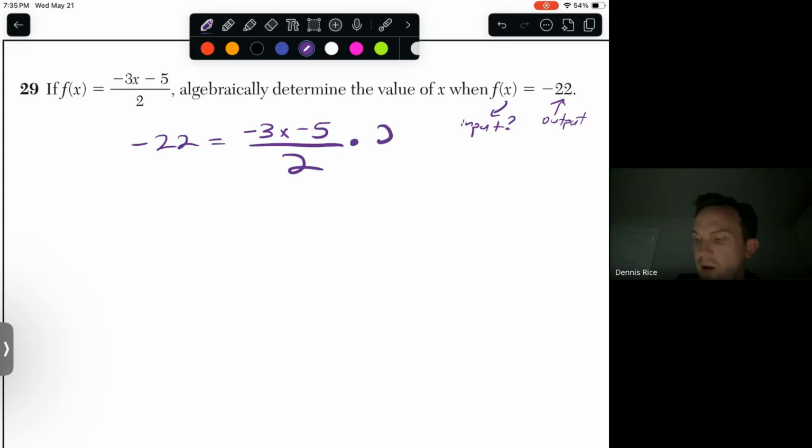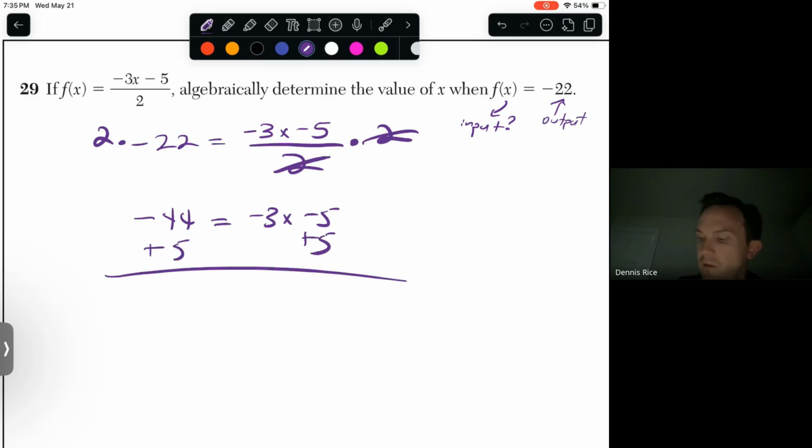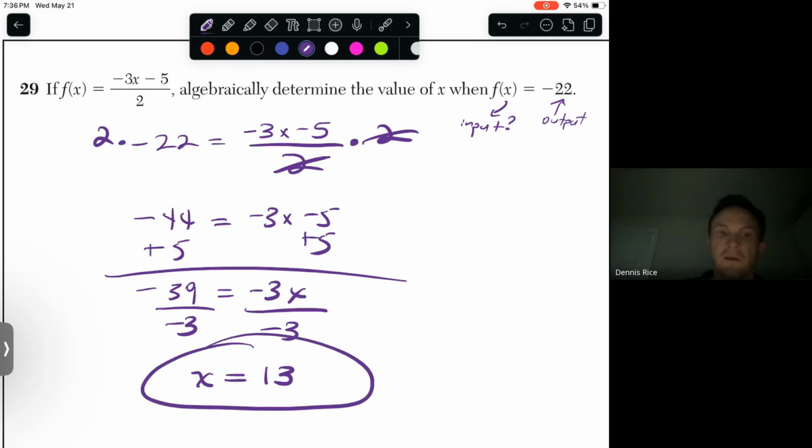So we're going to start by multiplying by 2. Get that. We're going to move the 5 over. Okay, and now we divide by -3. -39 divided by -3, we get positive 13. Okay, we showed our work. We algebraically determined what it worked out to. Question I just haven't seen before. That's why it caught my eye. I was going to skip the part 2s, but